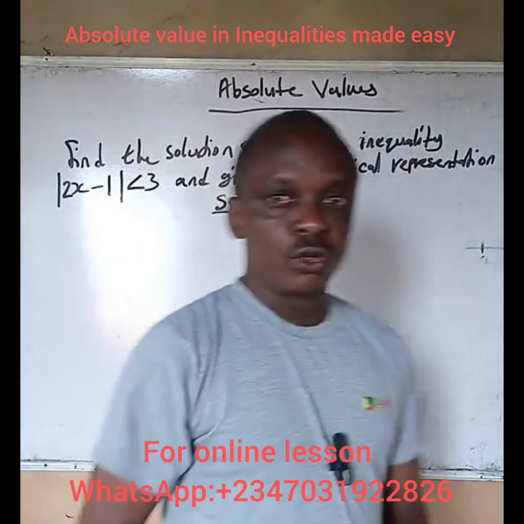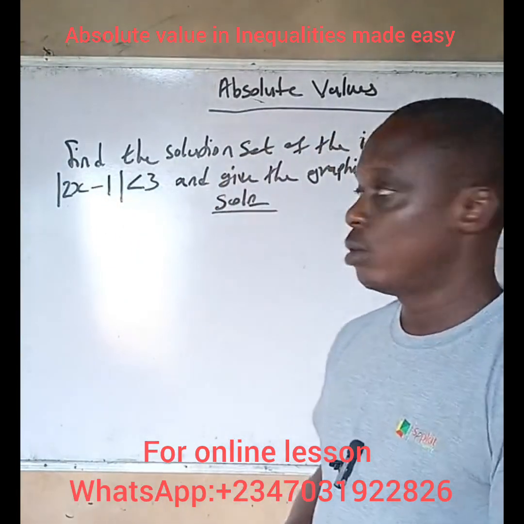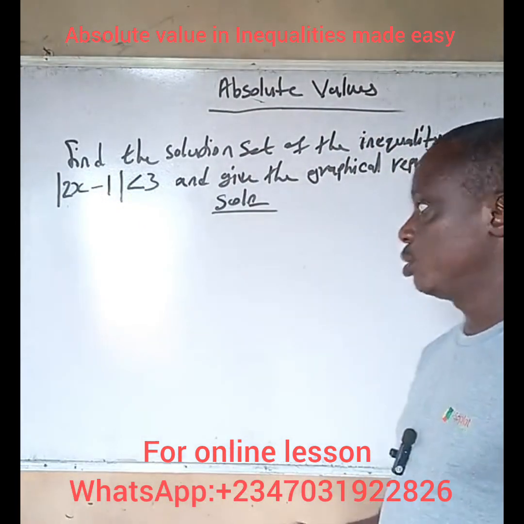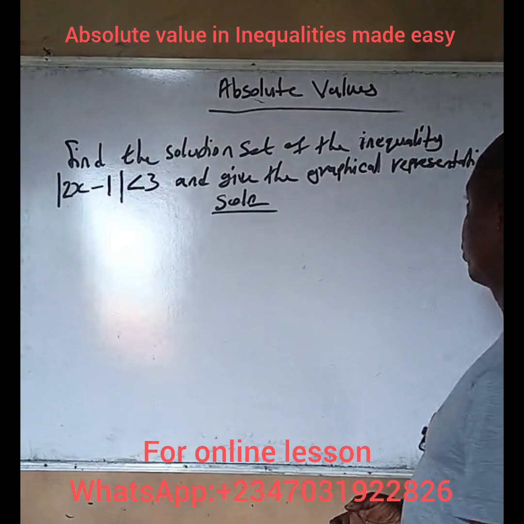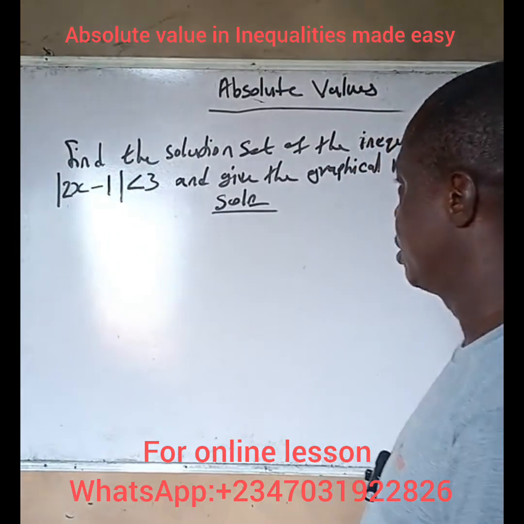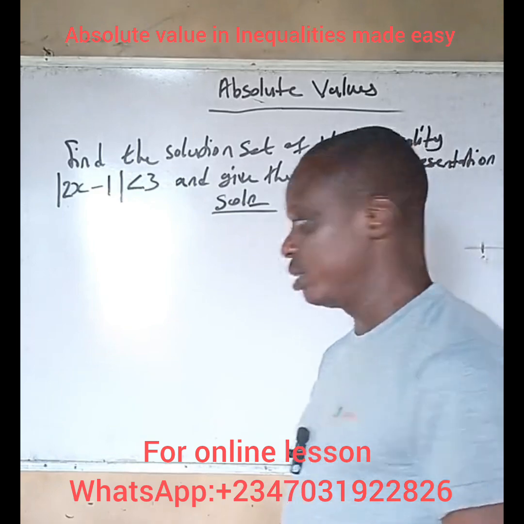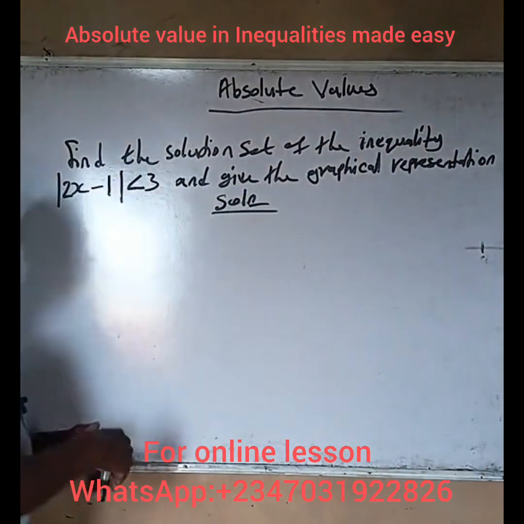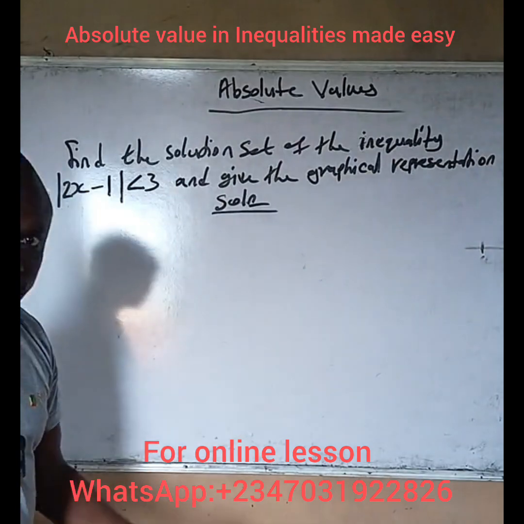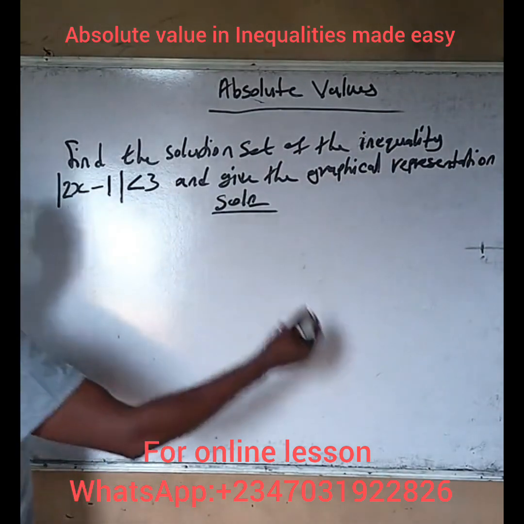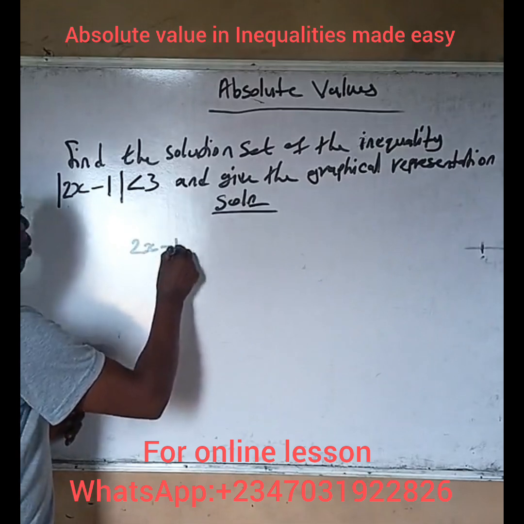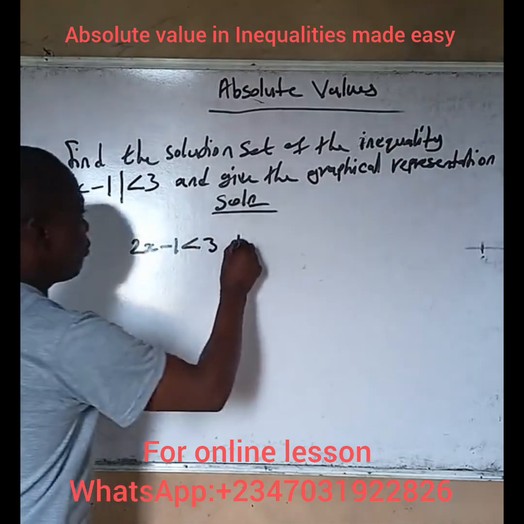All right. So let's look at another example on this absolute value for inequality solution. We have to find the solution set of the inequality absolute value of 2x minus 1 less than 3 and give the graphical representation. Now, like the introductory part I explained, you just need to say, okay, 2x minus 1 will be less than 3 if